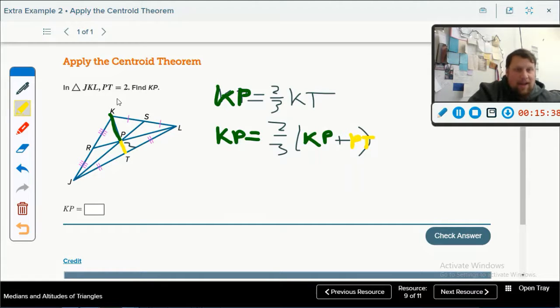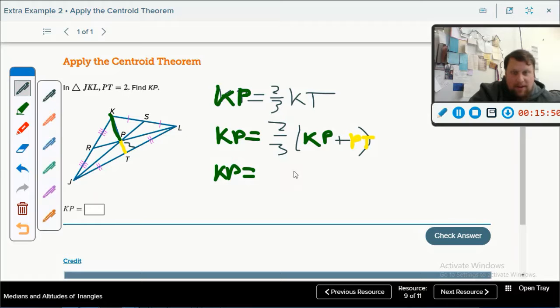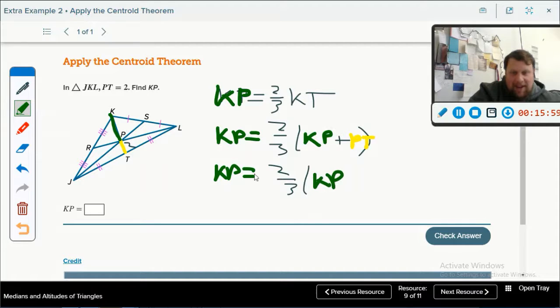Okay? And wasn't I told that PT equals 2? So now I can say, all right, KP is equal to 2/3 times, it feels weird writing KP again, right? Plus, and instead of PT, I'm going to write 2. Now we're going to multiply this out. And when I distribute this out, I get that KP, may run out of room, equals